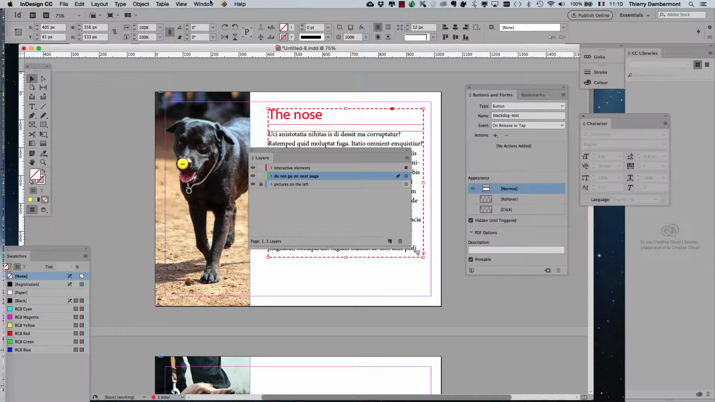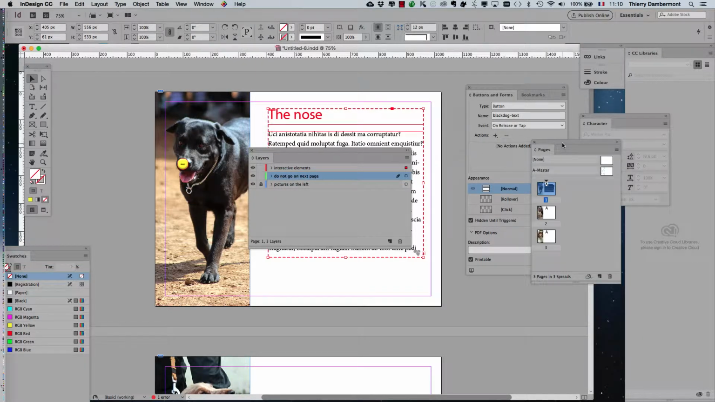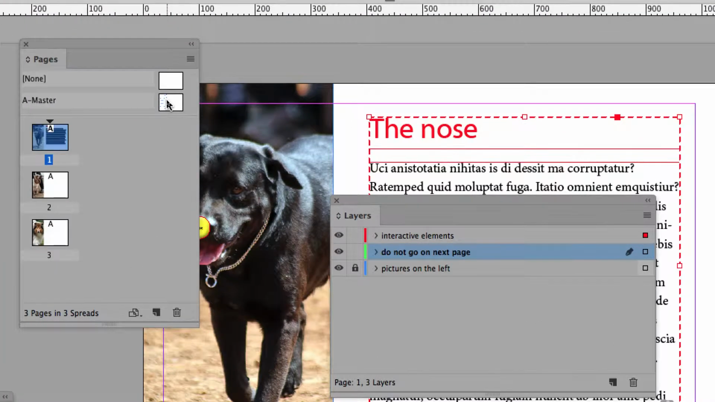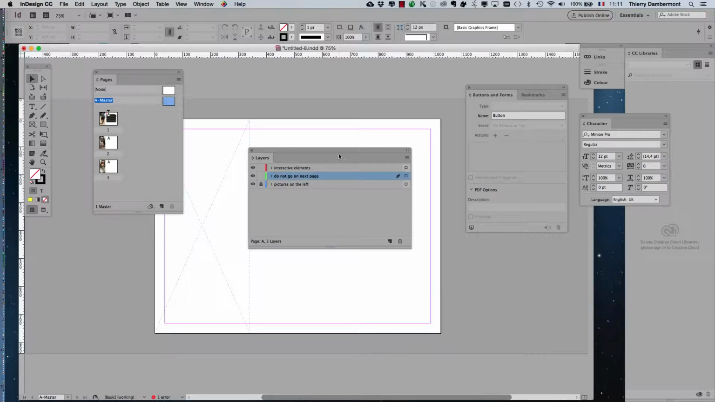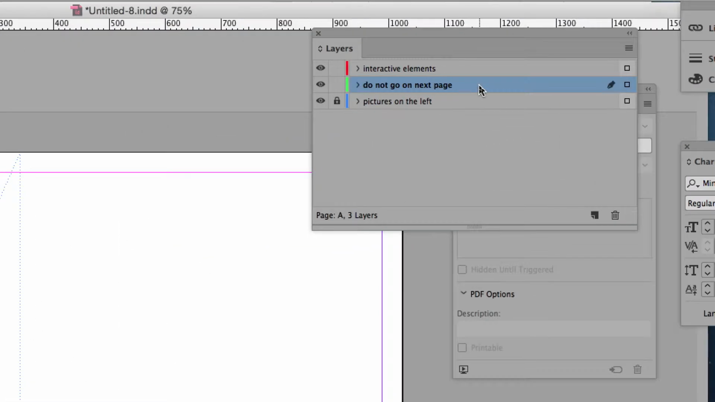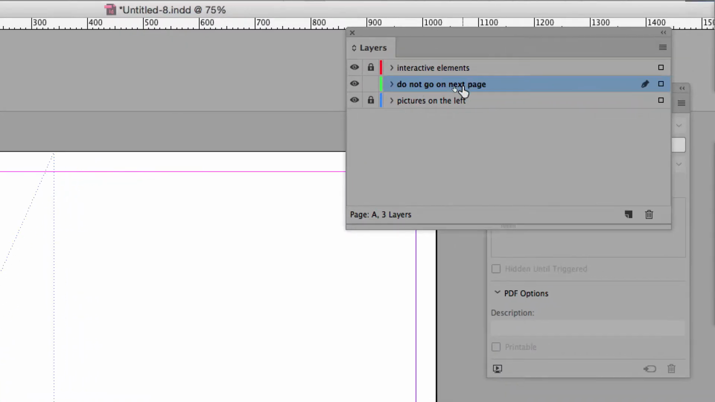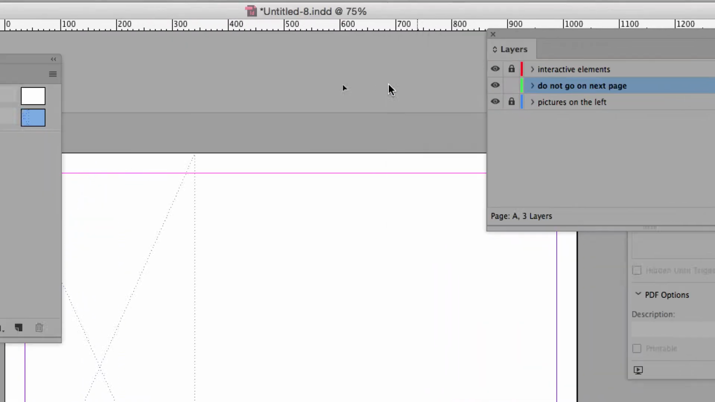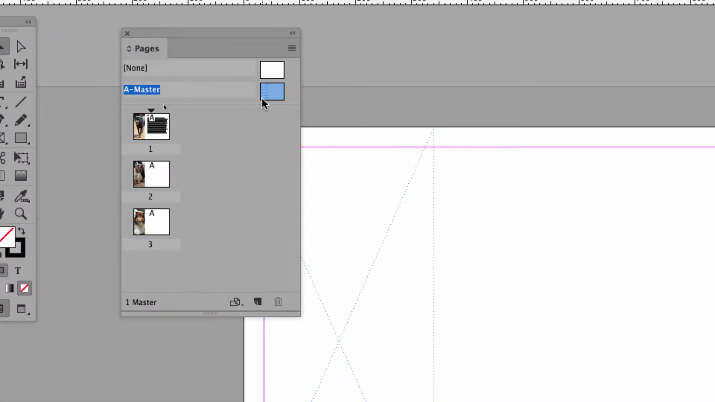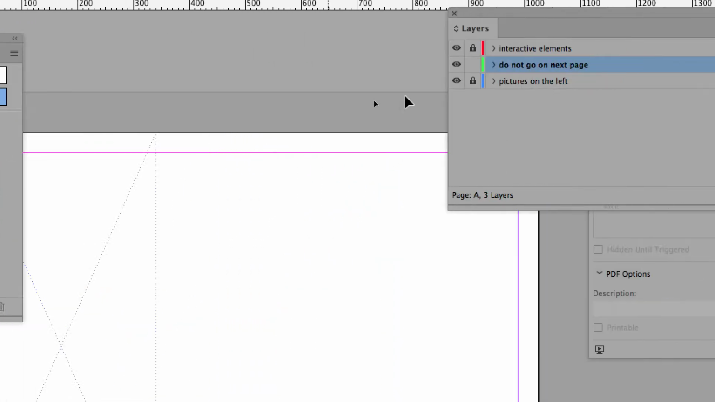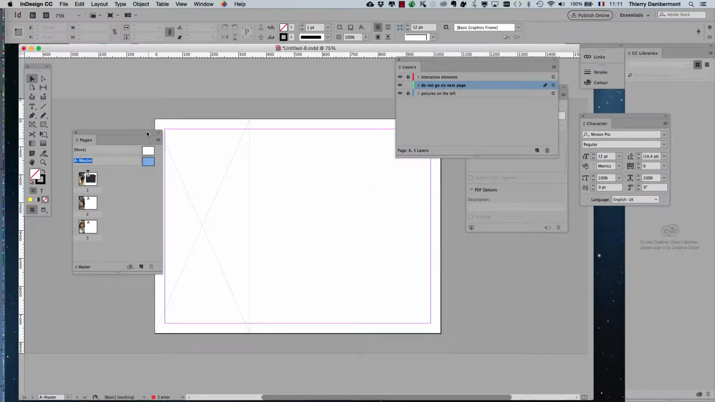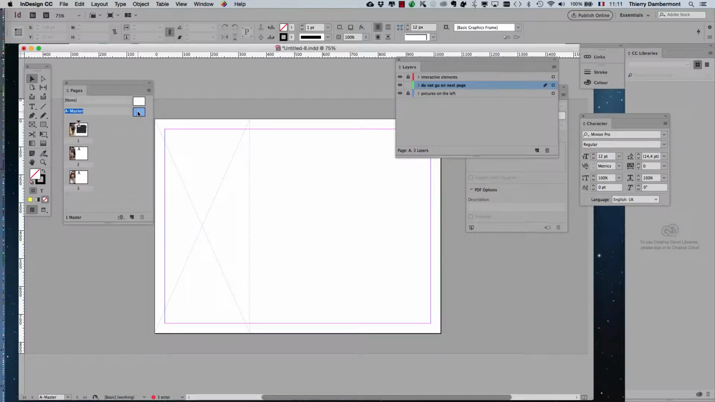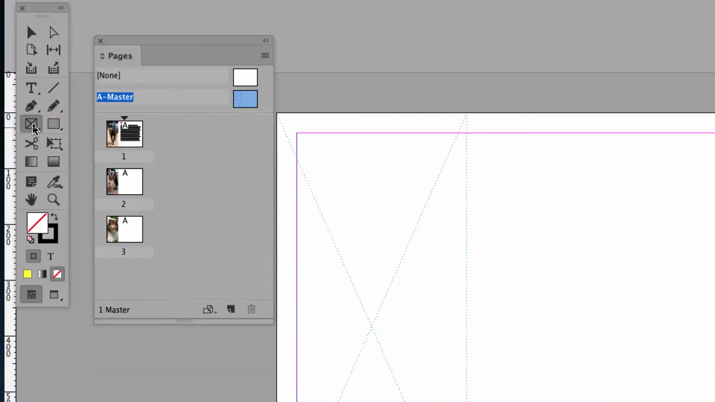We go into the A-master, so in the Pages panel, you double-click on the A-master, and we'll put something on that layer, named "Do not go on next page." Of course, it will go onto every page of the document which uses the A-master. Okay, you're working on the A-master, and you go grab the